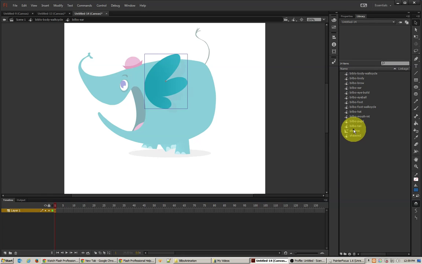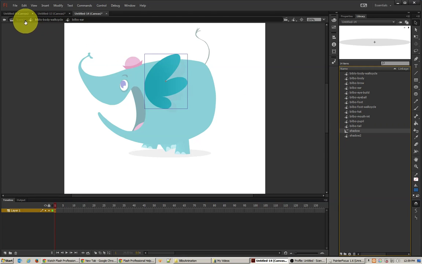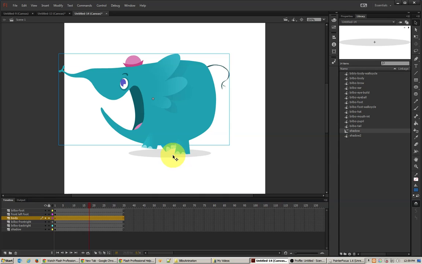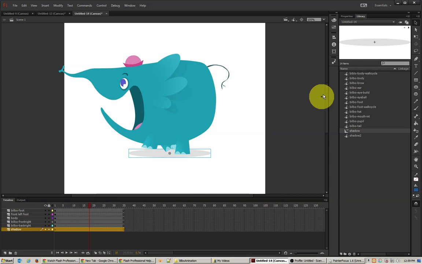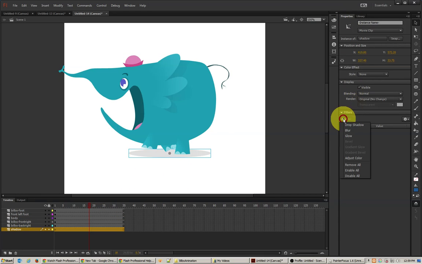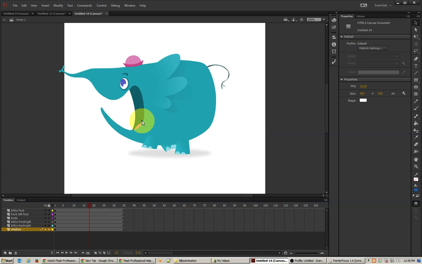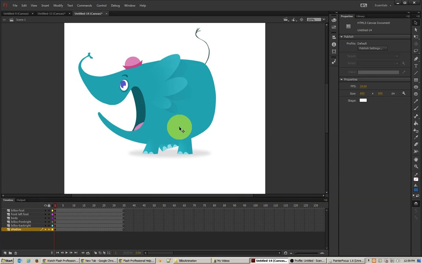And you'll see basically everything is our graphic symbols except for this shadow. And the reason they might have made the shadow different is if they wanted to put some sort of effect on it. For example, we could now do something like a blur on that if we wanted to. And that's kind of cool. Now, just something that's cool with motion, or whatever they're called, movie clip symbols. Alright, so anyway, with this particular Bilbo, what I'd like to do is move